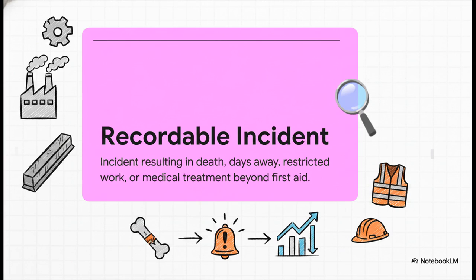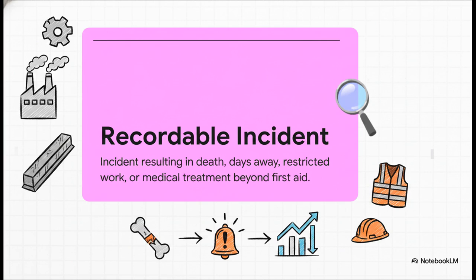The total recordable incident rate, or TRIR, tracks work-related injuries and illnesses. But what actually counts as recordable? Well, under the SASB standard, it's any incident resulting in death, days away from work, restricted work, or a transfer to another job. Crucially, it also includes any incident requiring medical treatment beyond basic first aid, which is defined as emergency care before regular medical aid can be provided. Next up is the fatality rate, which pretty straightforwardly tracks work-related deaths.